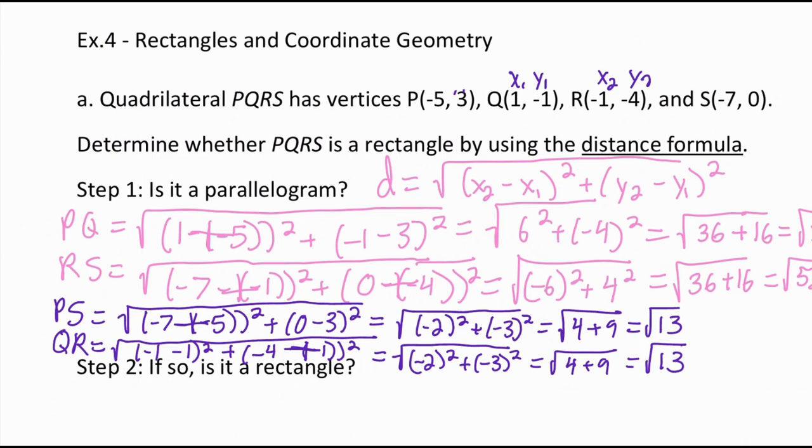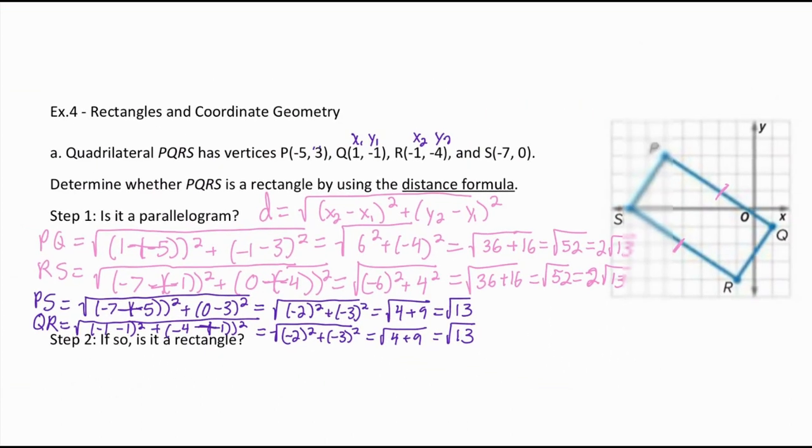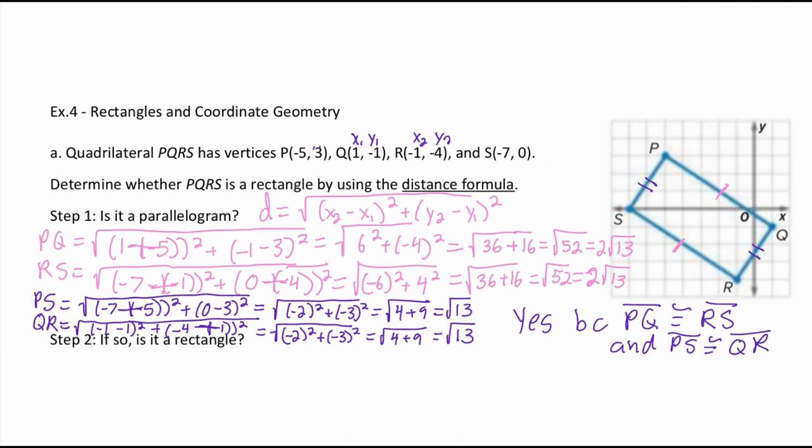Is there a simpler method to do it? Nope. So is this congruent? Yes. So we got that this side is congruent to this side. So that tells us, is this a parallelogram? Yes. And that is because PQ is congruent to RS and PS is congruent to QR. Okay? So we just proved that it's a parallelogram, but now we want to prove and see that it's a